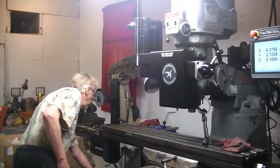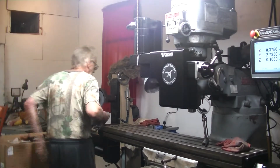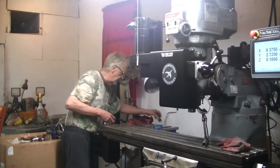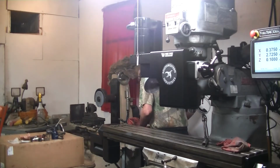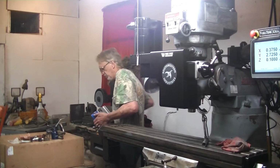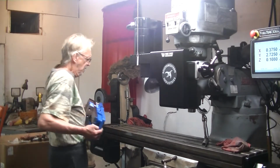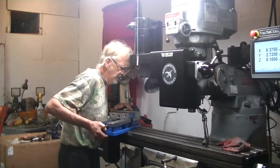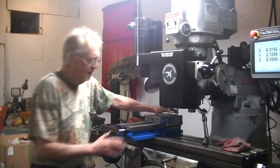So let's get this vise on here. Get this done. I really like this too. This is a really nice vise. I went out on a limb about this. I said, well, I done spent this much money, might as well go ahead and do it right, you know. That was a little high for me, but